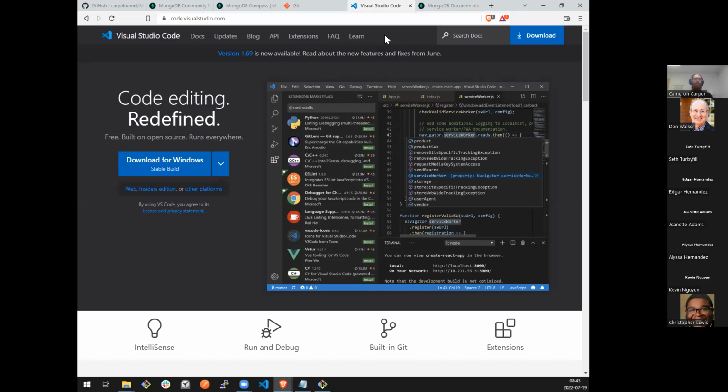Since in my other class, we do a lot of JavaScript, we use VS Code as our main editor. It's free, it's open source, it works pretty well. So I won't bother to throw that link in because most of you probably already know about it. You may already have it, and it's not necessarily required, just whatever your favorite editor is for working with JSON.